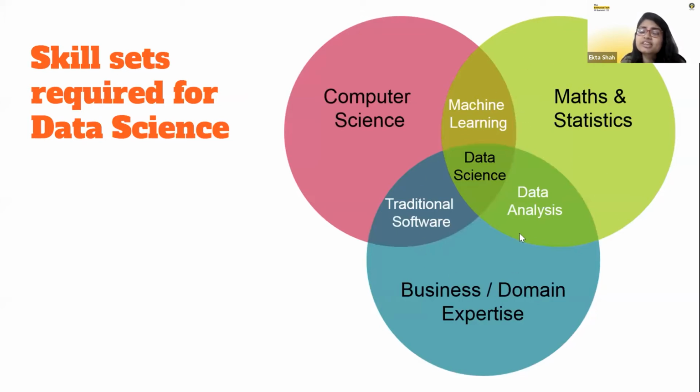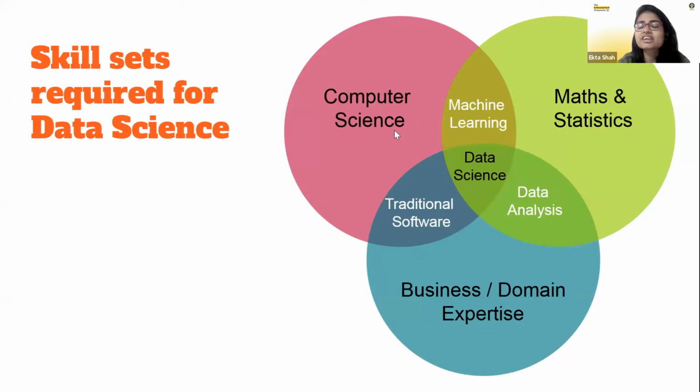Then next you have your business and domain expertise. Now this particular bubble is something which is more of a detailed analysis and detailed understanding of things which you might get when you work on a particular job. So your third bubble is not important right now, since we're talking about freshers, beginners. But right now, from your perspective, you need to know something about computer science, something about maths and statistics, and that's going to be enough. You are all set for applying knowledge towards solving data science problems.